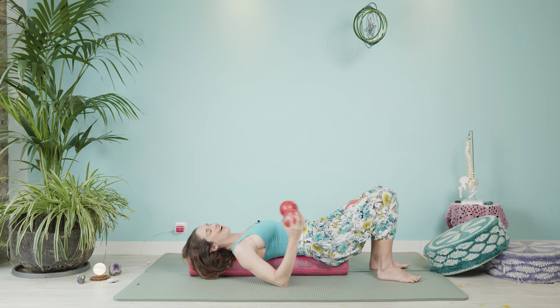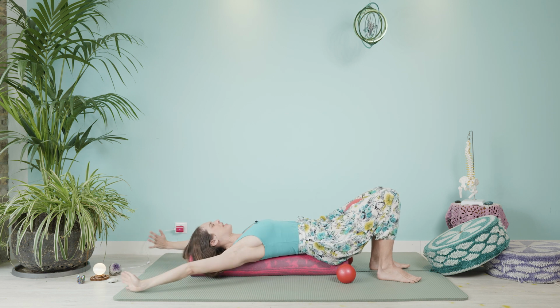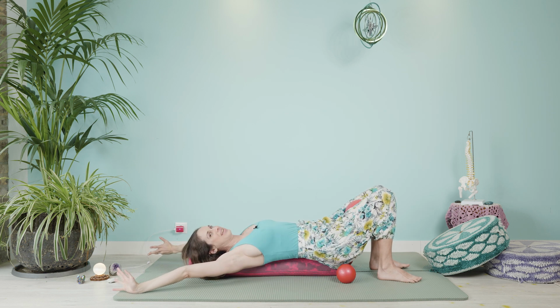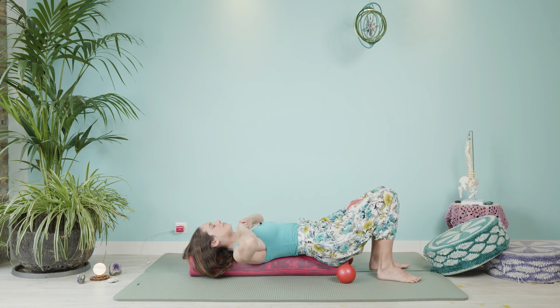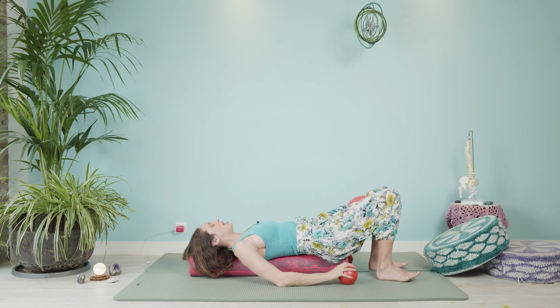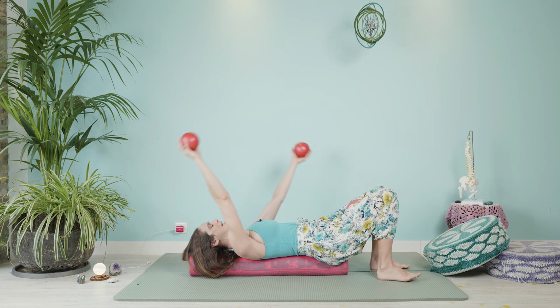And again, relax, notice any sensations. Shaky, shaky, yawny, yawny, stretchy, stretchy, wiggle, wiggle, whatever you need. Fix the shirt. And then go ahead and leave the head, neck, and shoulders down, and we're gonna take some